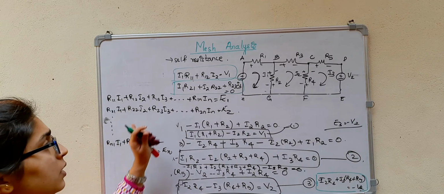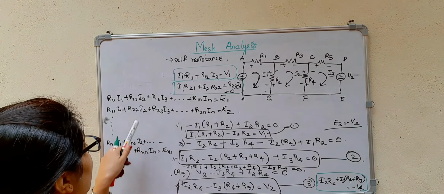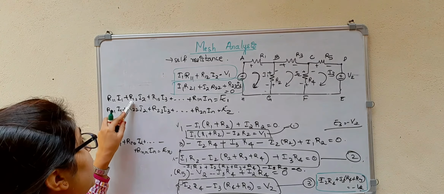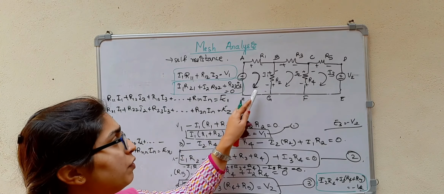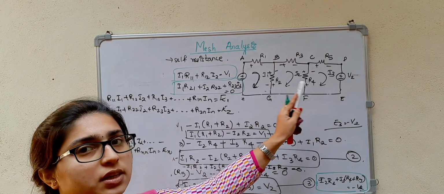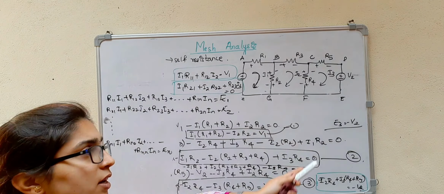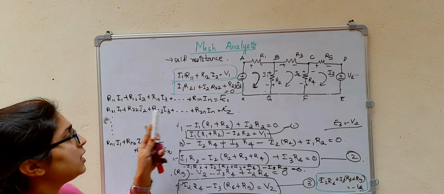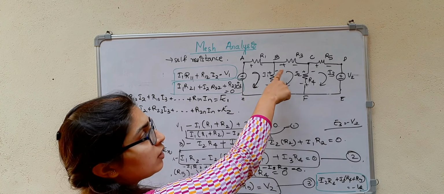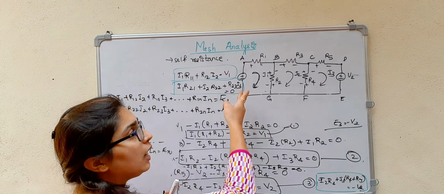So these are the mesh equations. R11, R22, R33 are all self resistances. R12 is the resistance which is common in the first and second mesh. R13 is the resistance which is common in the first and the third mesh. If there is no circuit element common, then it is considered as 0. Then R21 is common in the first and second. If the direction of the current is opposite, then it will be considered as minus. Otherwise, it will be